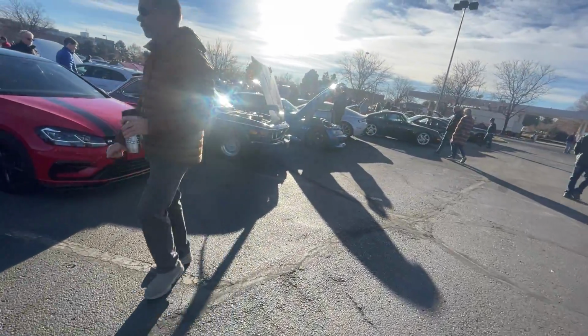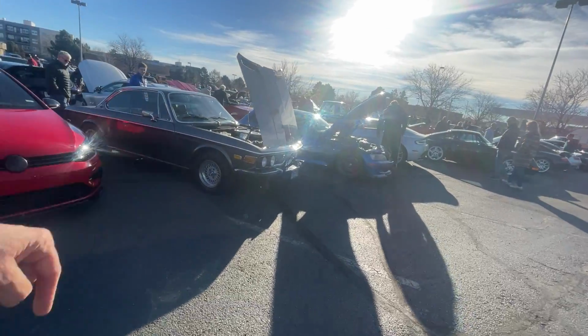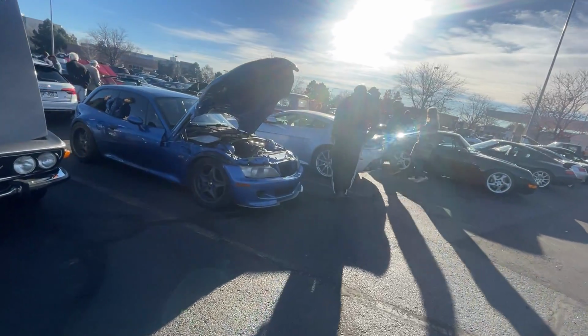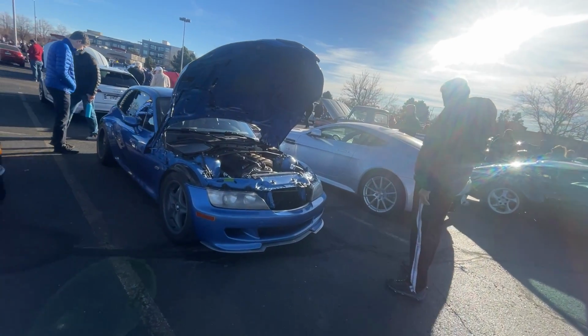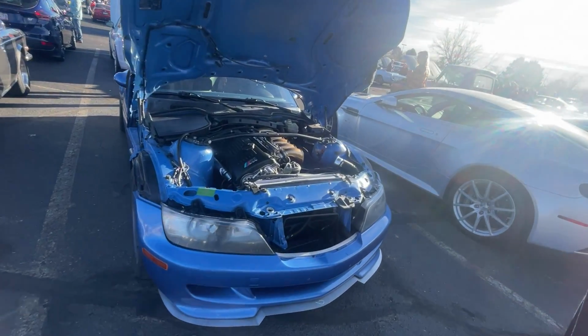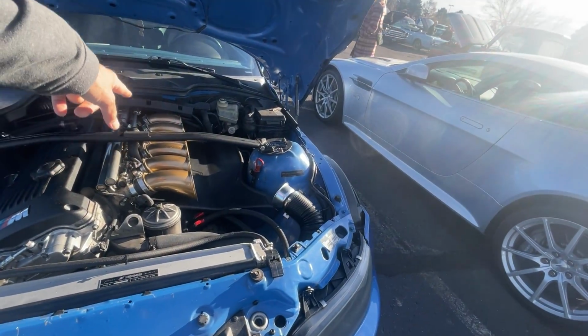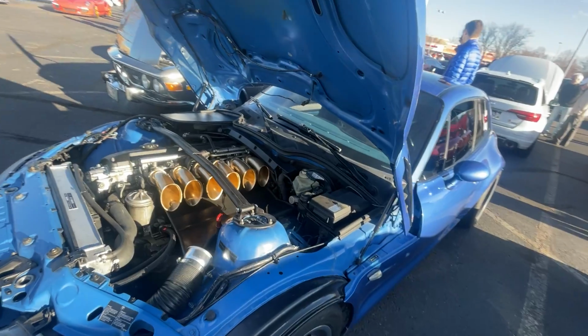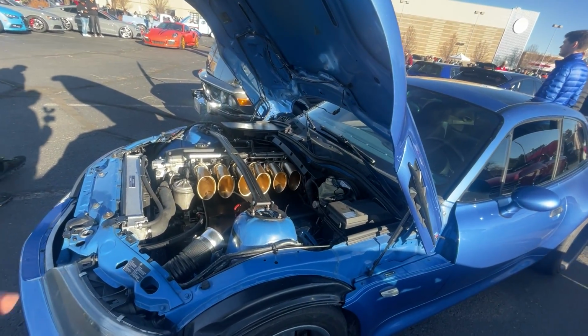Oh, speaking of classic BMWs, look at that beauty. Oh my gosh. And by the way, this era of Z3, this one's always been collectible. The clown shoe, right? This is the coupe. Look at the headers on that. Holy cannoli. That is certainly not stock, huh? Yeah. That is definitely not stock. Wow. Look at those inlets. Anyway,